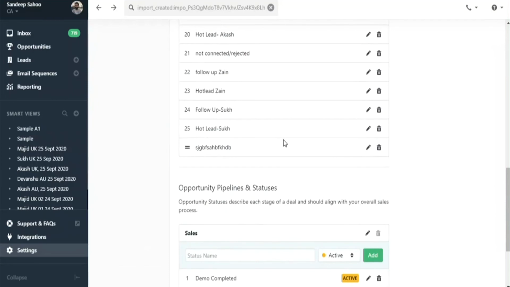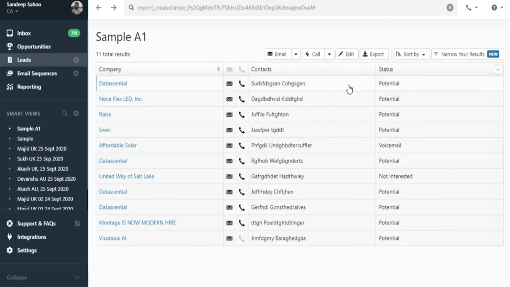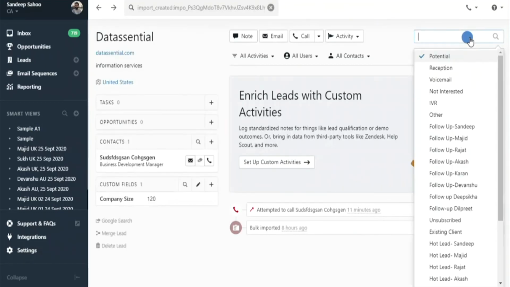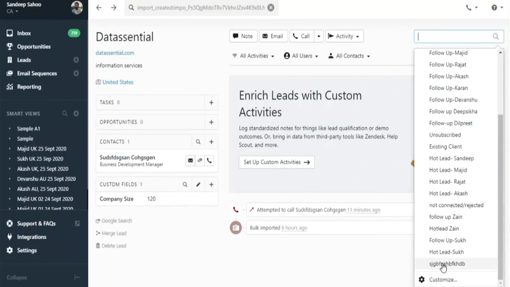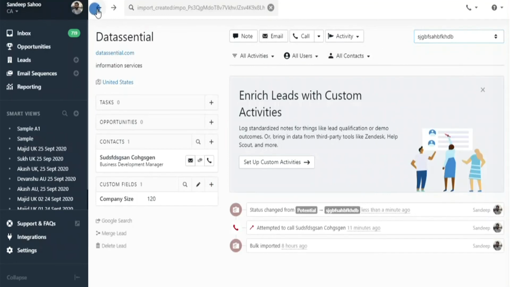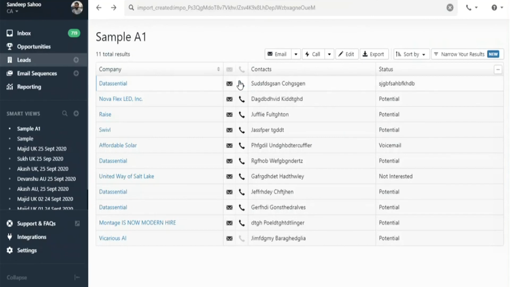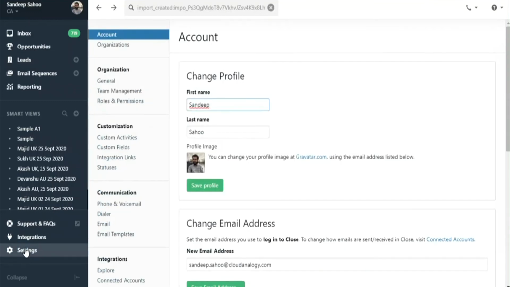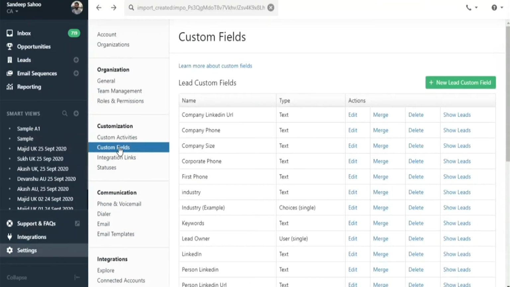You might be thinking, let's say I have added n number of people in this status, and then for some reason I have to delete this status. So what will happen? So let's do that. If I click over here and I allocate this status to this particular contact. So for now we have to remember it is something. So coming here, and then I will click on custom field. Sorry, my bad. It's statuses.